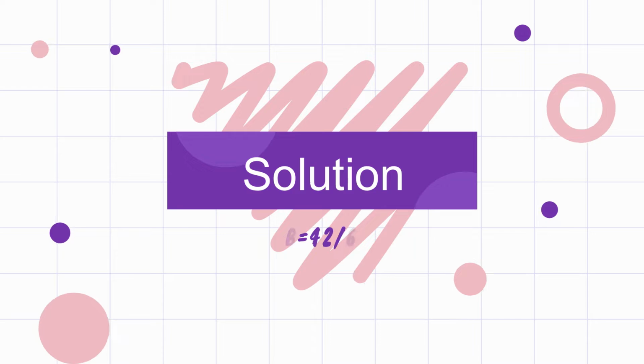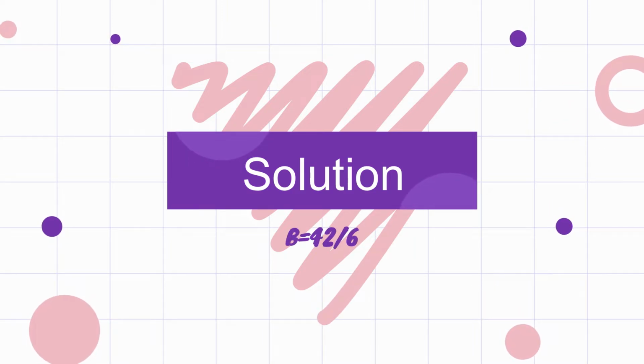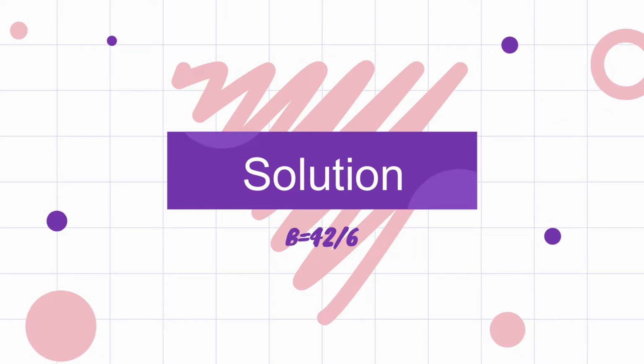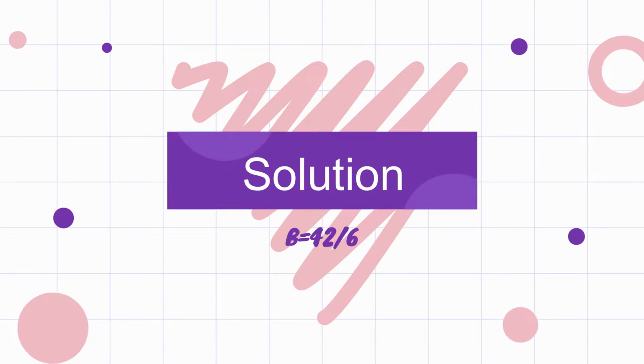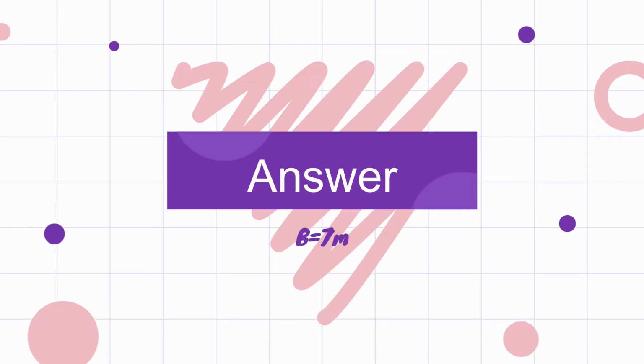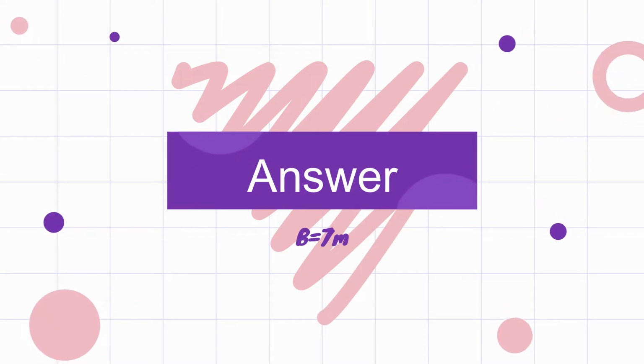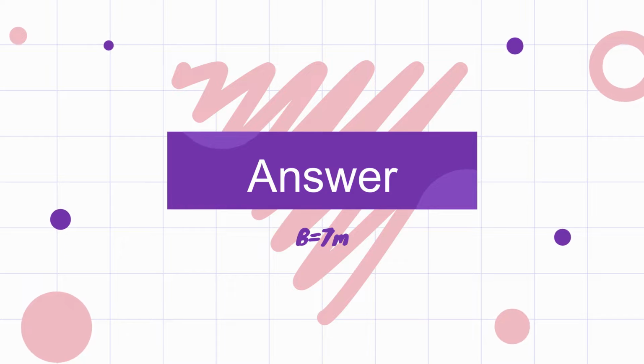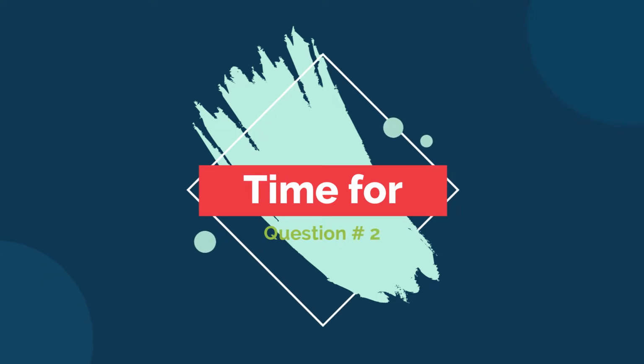6 will go across the equal sign and will come as the denominator of area, which is 42 meter square, and then we can get our answer. The solution of this is on the screen right now. You can solve part C yourself as a practice. Now let's move on to question number 2. Question number 2 is also fairly easy, but